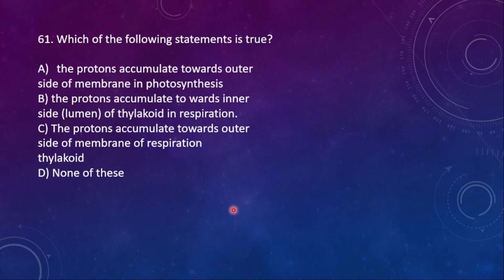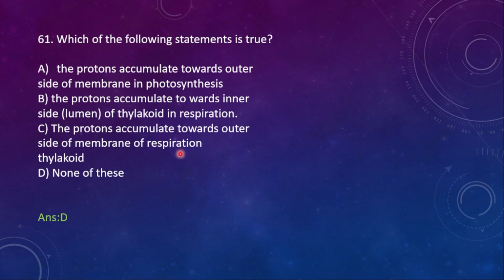Next, 61st question, which of the following statements is true? A, a proton accumulates towards the outer side of the membrane in photosynthesis. B, the protons accumulate towards the inner side of thylakoid in respiration. C, the protons accumulate towards the outer side of the membrane of the respiratory thylakoid. And then D, none of this. Here the statement D, because all are